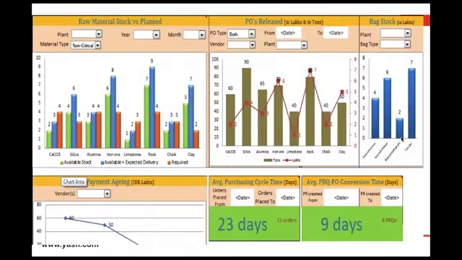Again, this is one more HANA related report in terms of raw material stock versus planned and PO releases and big stocks. Just a graphical representation. If you see down, average purchasing cycle time is 23 days versus 12 days. This tells you, as and when you do the purchasing process, how long it will take.